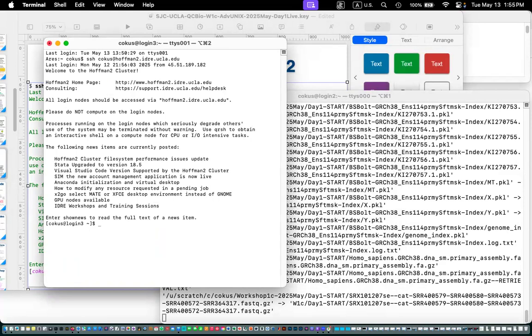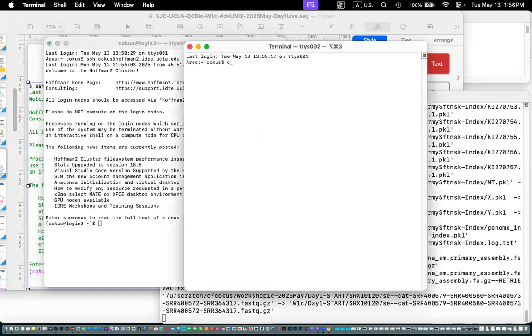That's crypto-based, in this case, an RSA key pair. My computer has a little file on it that doesn't leave this computer that's called the private key. There is a file on Hoffman that is the public key corresponding to that. And at the beginning of the SSH interaction, my laptop is able to prove that it possesses the private key without divulging the private key. And so that way my machine can prove who I am to Hoffman